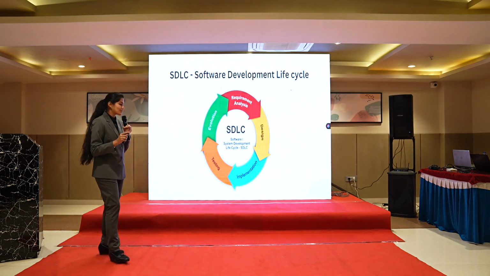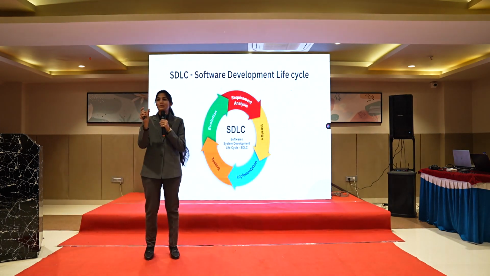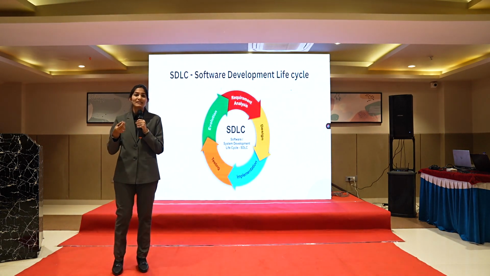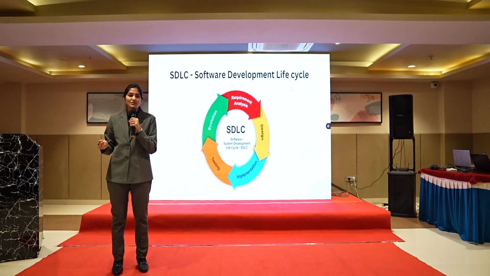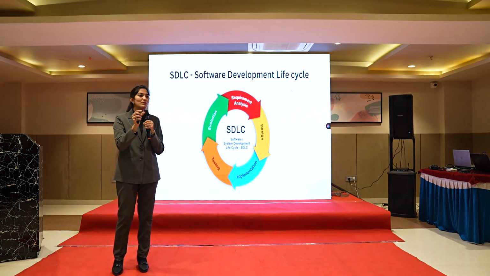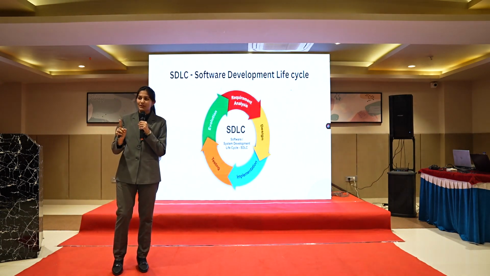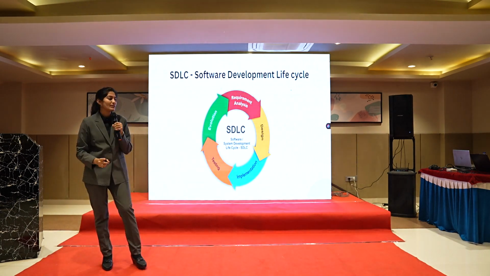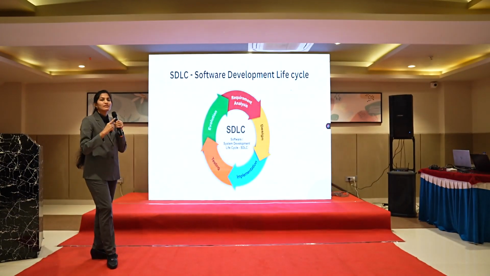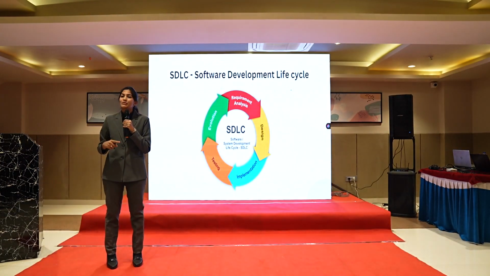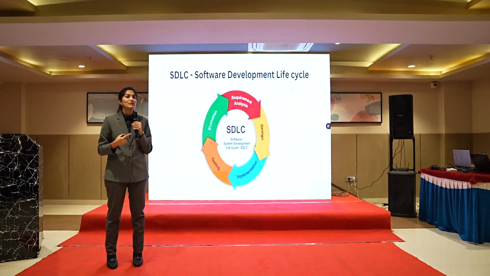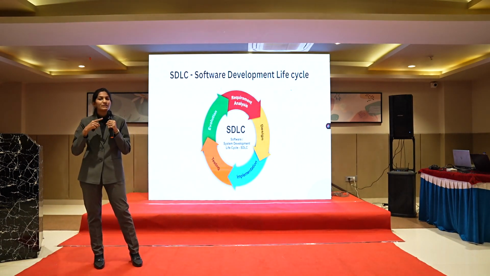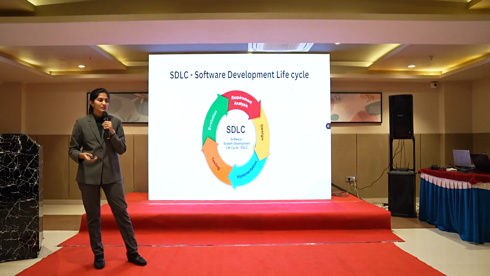Once the prototype is built, we get that POC, proof of concept. We go a step further, that is MVP. In our first session, Madam was talking about MVP, minimal viable product. Once that product is achieved, after that we go to the development phase, then the testing phase, then the production line. Then we further evolve the product according to the customer feedback and customer experience, and that is how the loop of SDLC goes ahead.